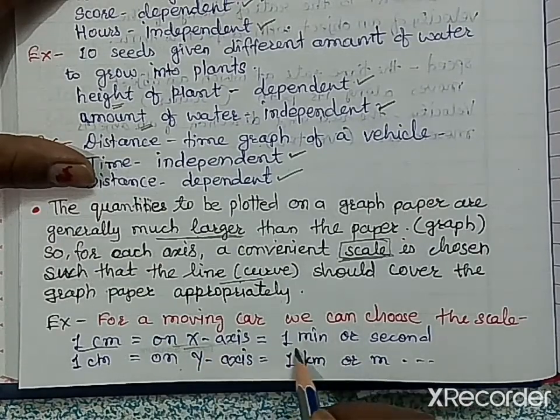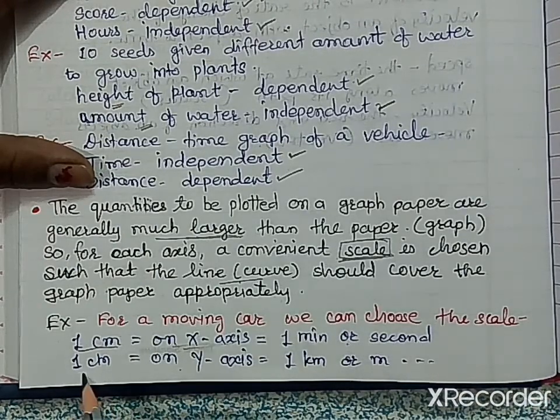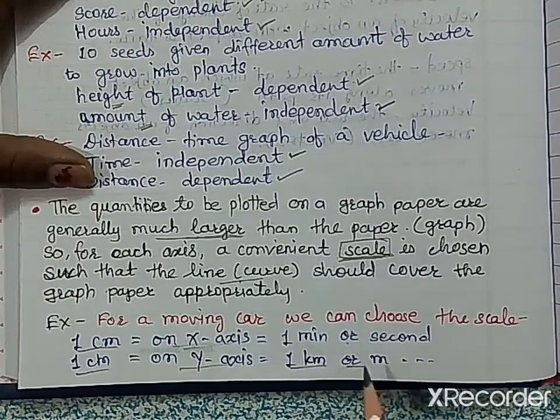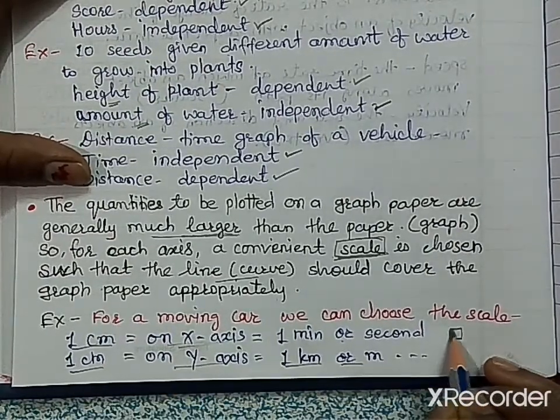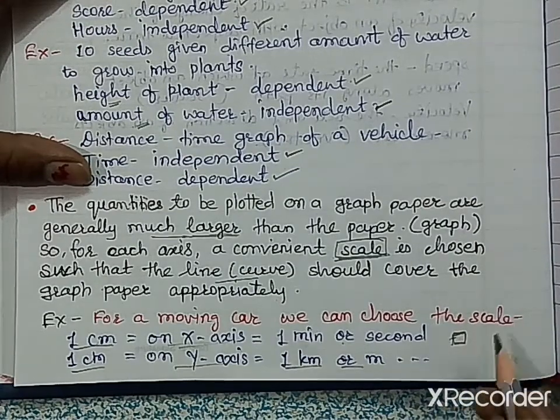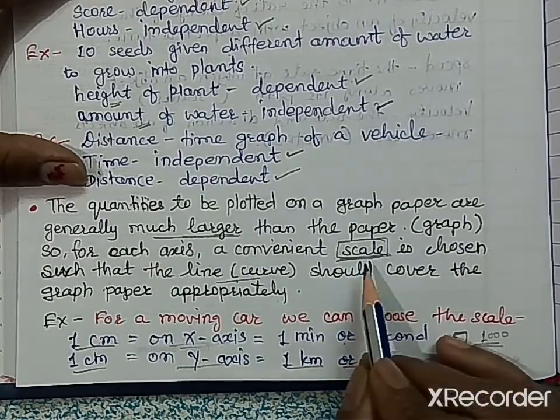Okay, for the x-axis we can take 1 minute or 1 second, and for the y-axis we can take 1 kilometer or 1 meter for 1 centimeter. Suppose one small square, or this 1 centimeter, is showing 1 kilometer, or we can say 100 kilometer or 1000 kilometer, according to our data. So scale is a